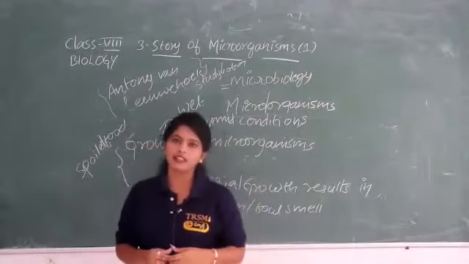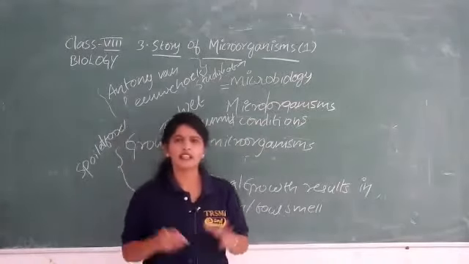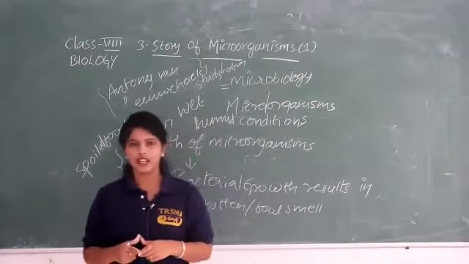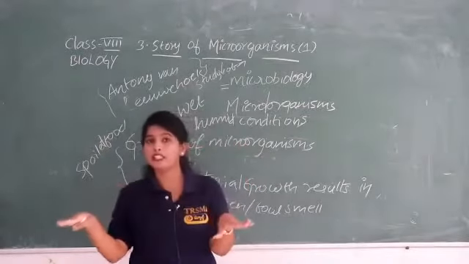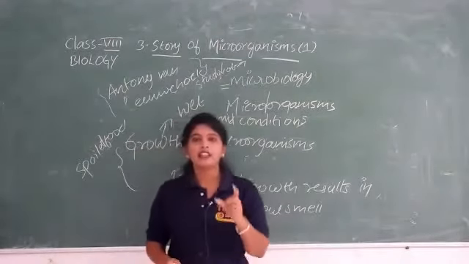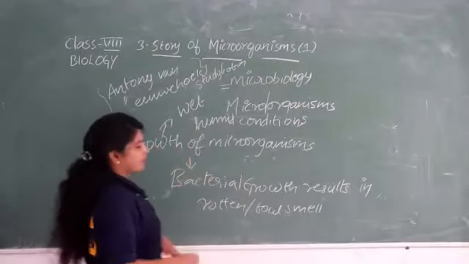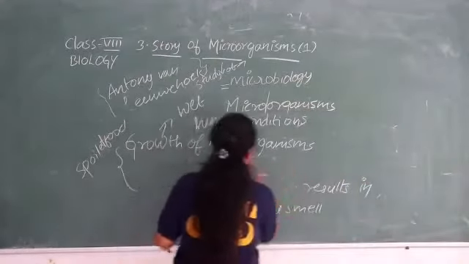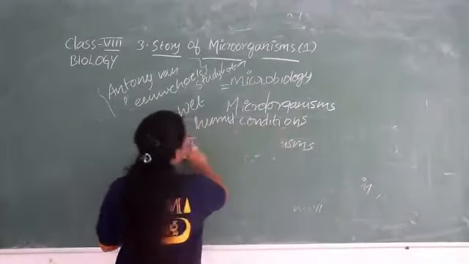And we will discuss one more thing: why do we boil the milk? The milk is boiled to kill the microorganisms, and this procedure is called pasteurization, named after the scientist Louis Pasteur. Here we have killed the microorganisms, but not completely. We also have a useful microorganism, a bacteria, in the curd. What is that bacteria? Lactobacillus bacteria. I'll write it here. The lactobacillus bacteria results in the formation of the curd.